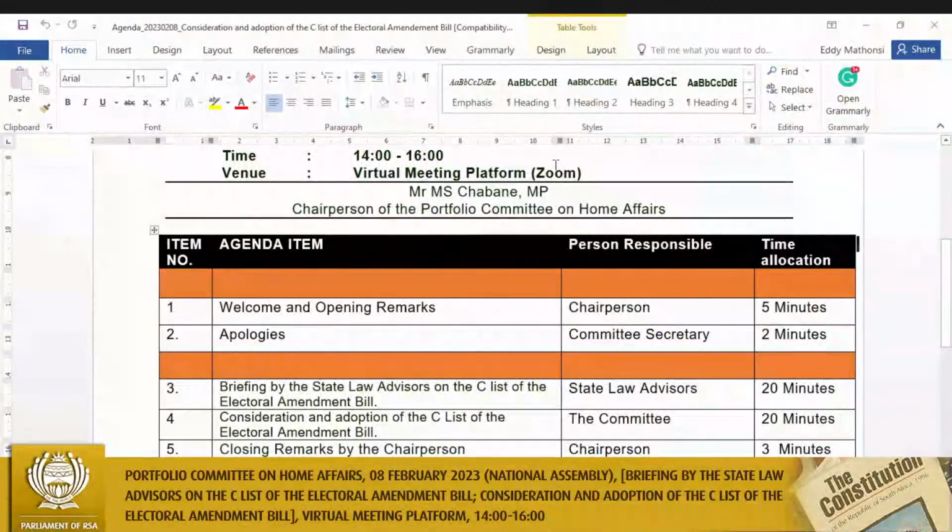the executive, members of the Parliamentary Legal Services, State Law Advisors, and the Home Affairs legal team. We are today going to receive the C list for purpose of adoption. Recording in progress. On the issues that we've interacted on, I want to check, Mr. Matonsi, before we then move, whether two issues members will also guide